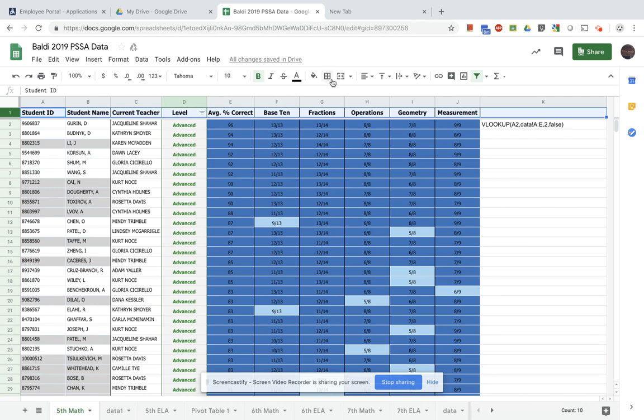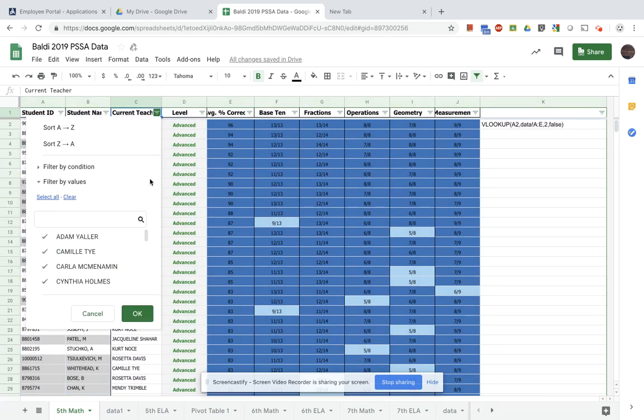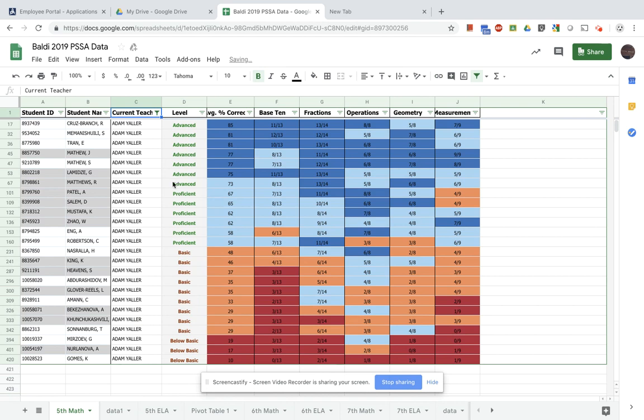So again, this is useful now because I can then create a filter up here. So what I did is turn the filter on, and I can now say I just want to have all the kids in Mr. Yaller's class. And so I can search, and then these are all of the students that are in Mr. Yaller's sections with their scores next to them. Okay, so that is how you get a current teacher listed with the current data that you have for the